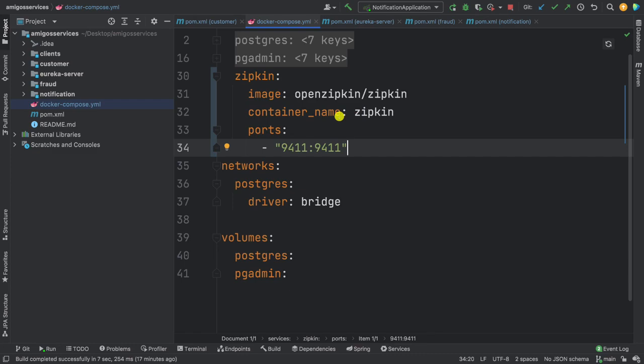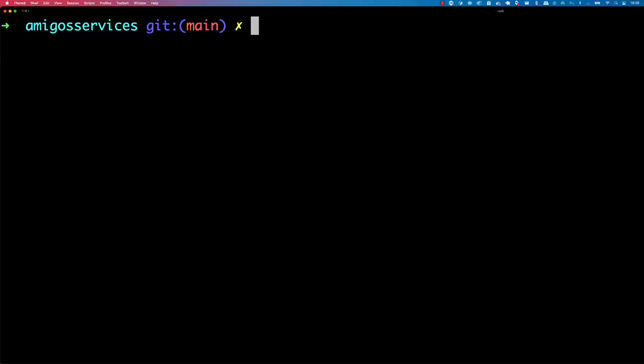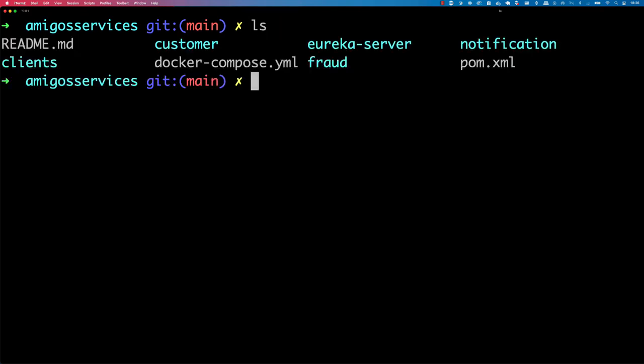Now, open up your terminal and make sure that you are within your working directory. If I type ls, you can see that we have docker-compose.yaml. So now let's say docker compose, or docker-compose if you are using the older version. I'm using the latest, so compose is bundled with the docker command, and then say up. Finally, I want this to run in detached mode, so dash and then D. Now I'm going to press enter